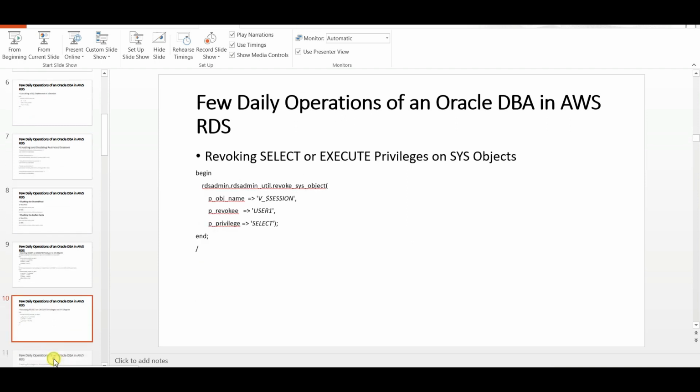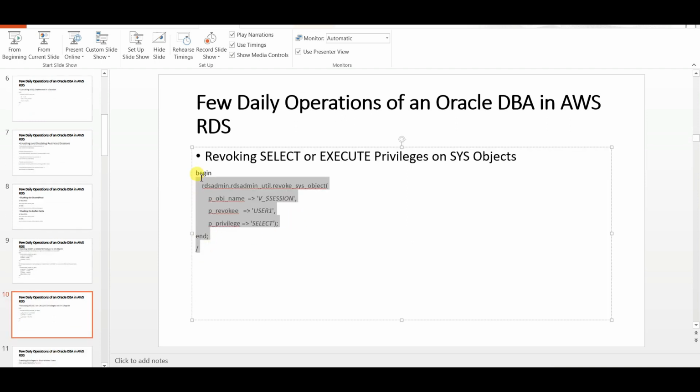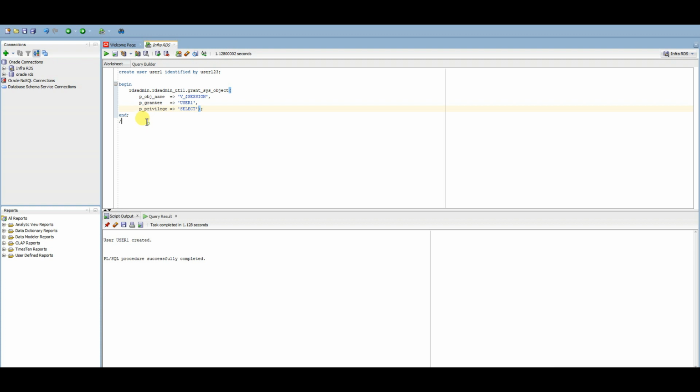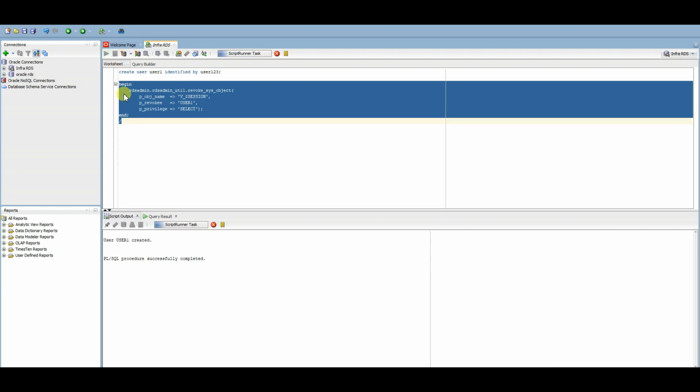I am not giving it, we could have given it in the initial step itself, and right now I am removing the select privilege from here. So the select privilege is removed.